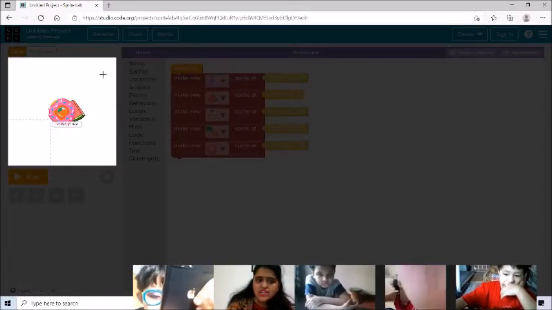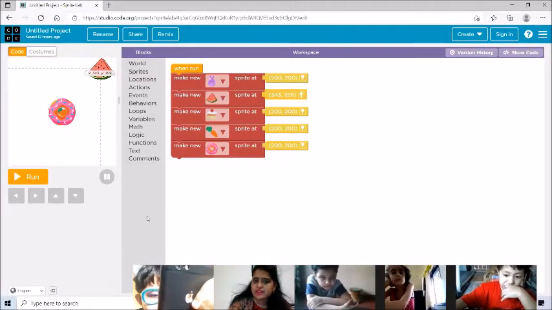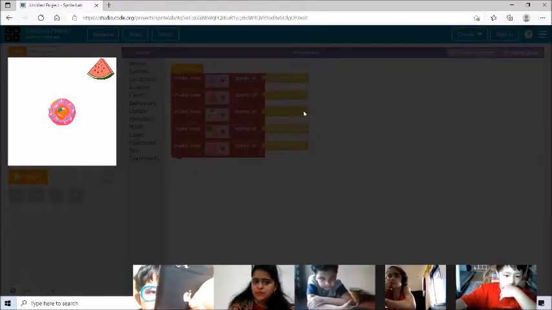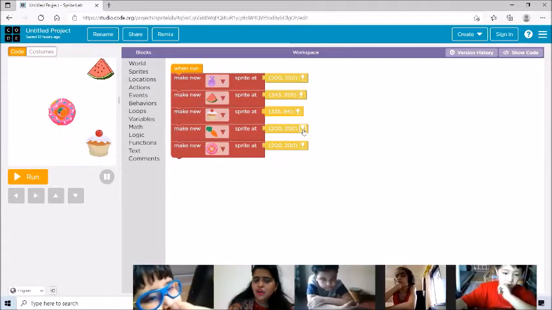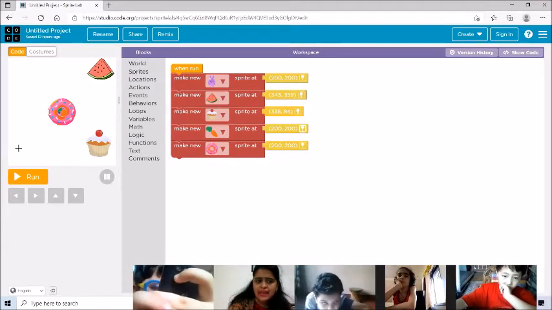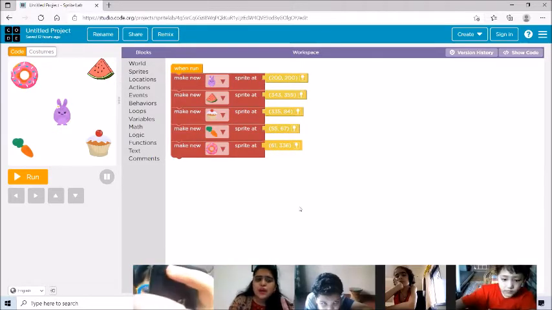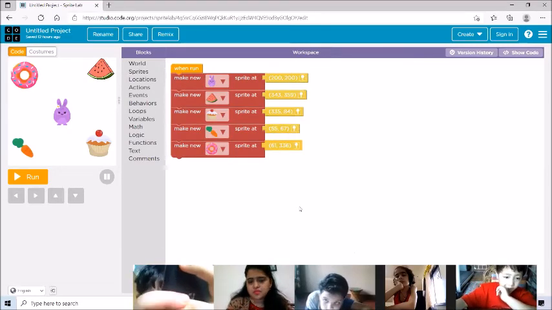Okay, and I can adjust this item anywhere I want. Suppose I want to adjust it here, so I'll click it here like this. It is adjusted. Now I want to adjust the cupcake. Again, I will click on this key and I can adjust the cupcake here. Fine. Again, for carrot, I'll click on this key and I can adjust the location of the carrot here. Now I will adjust the location of this cupcake here. Fine. All right. So what we have done right now, we have just put all these sprites in the perfect location so that they are clearly visible.